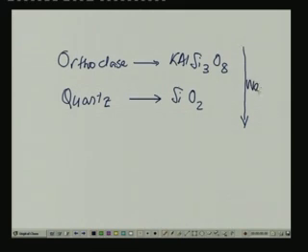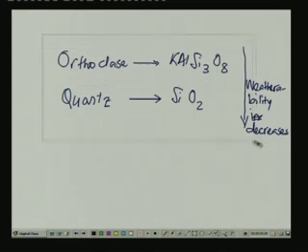Let's say, if we can coin the word weatherability, then that decreases, sorry, not increases, decreases as we climb down Bowen's reaction series. So you can see how the percentage of oxygen changes as you climb down Bowen's reaction series. Okay, so getting back to the question set,